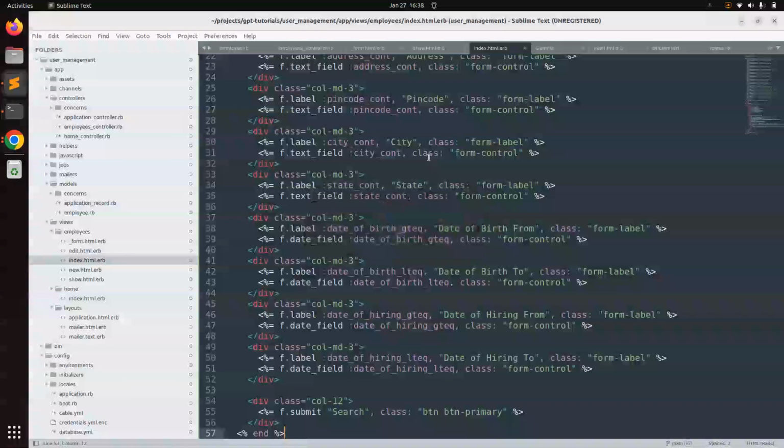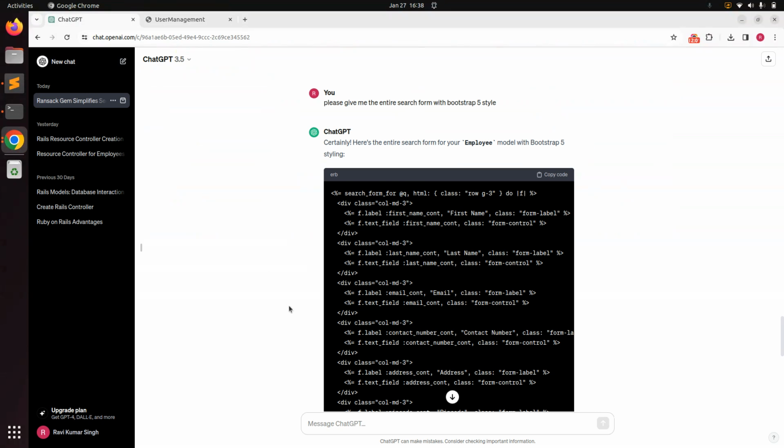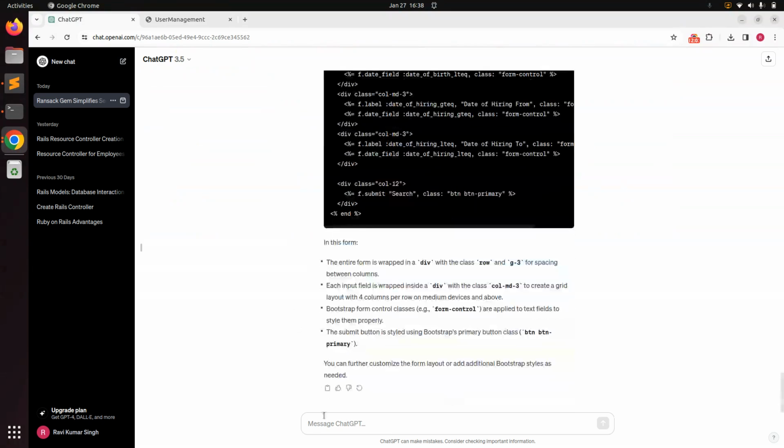So what we can check here, if we go to the search form, is that it uses LTEQ, which means less than or equal to, and GTEQ, which means greater than or equal to. Now if you wish, you can ask ChatGPT to explain the entire search form. So let's go to the ChatGPT screen, and we will ask ChatGPT,